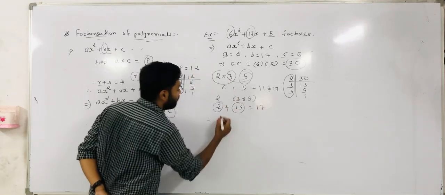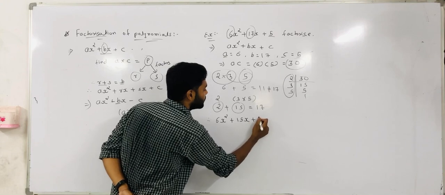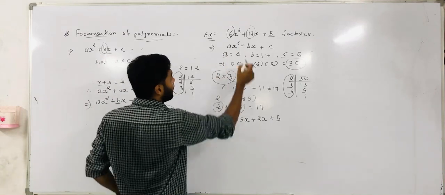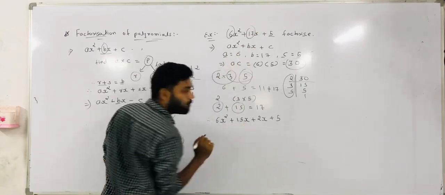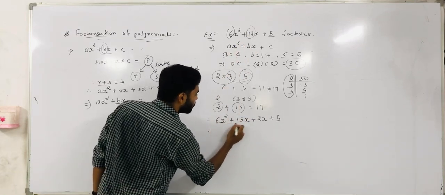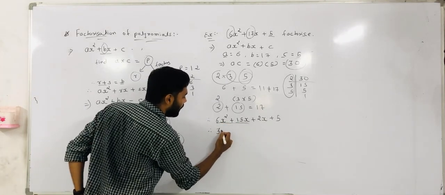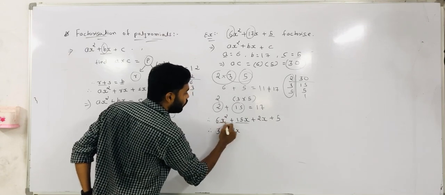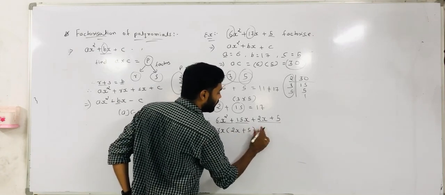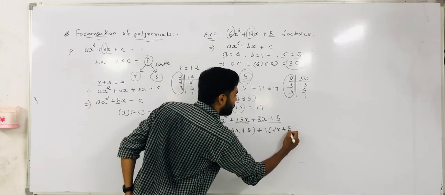So we can write the split middle term, that is 6x square plus 15x plus 2x plus 5. See, we cannot change the data. The middle term is 17x, so 15 plus 2, 17x. So the data will remain as it is. Now from the first two terms take common, so what will be common? 6 and 15, so common 3x, so remaining 2x plus 5: 3 fives are 15. From these two terms nothing is common, so you can take 1 as common, so 2x plus 5.